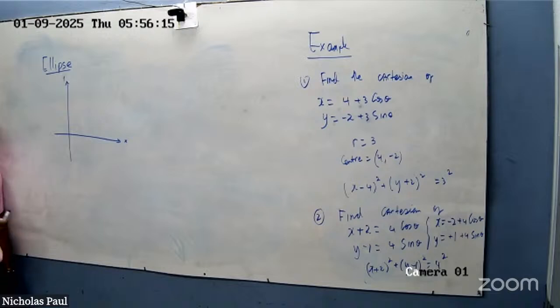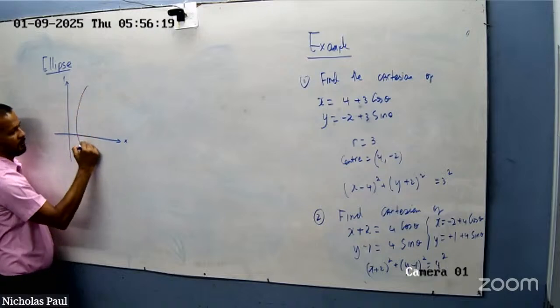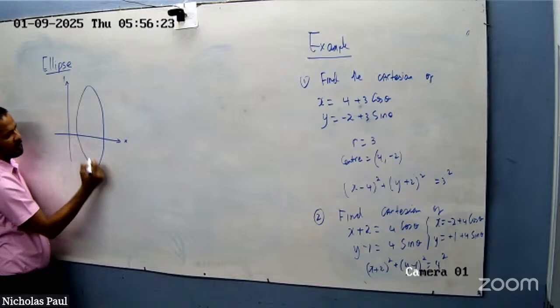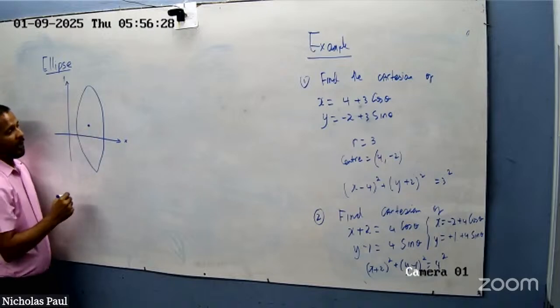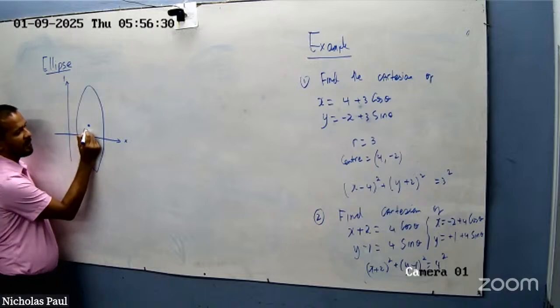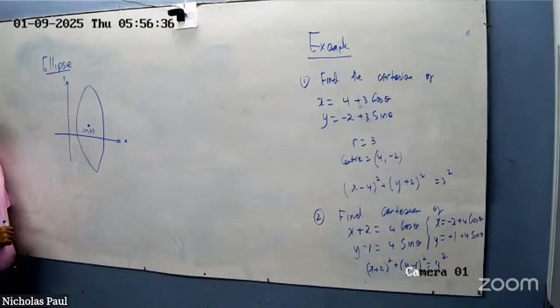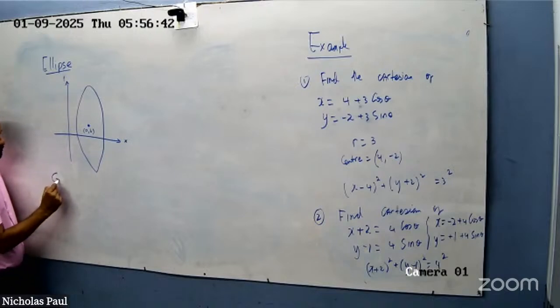So an ellipse generally looks like this. You have two types of ellipse. I'll do the first type, the ellipse at the center. Let's say the center of the ellipse is a, b. The center of the ellipse is a, b, and what you will recognize in an ellipse, the general form